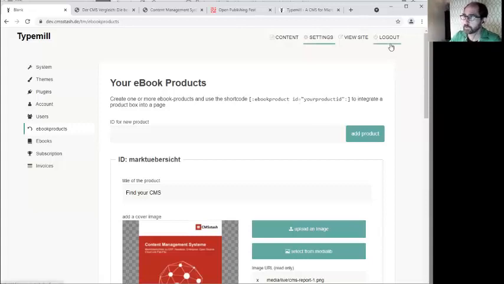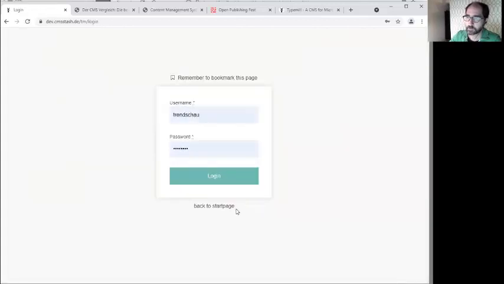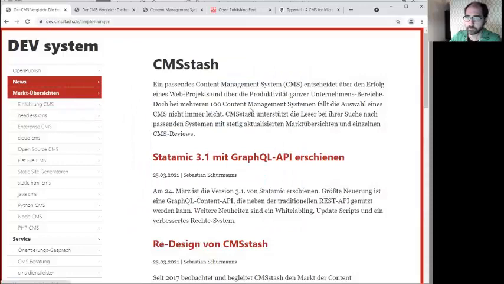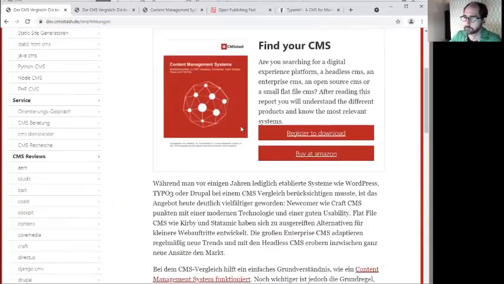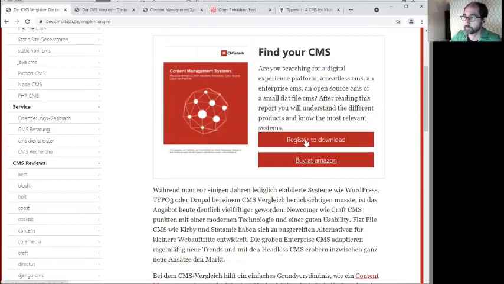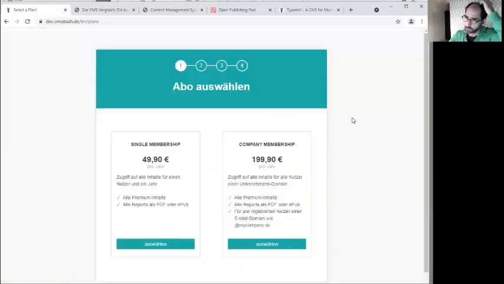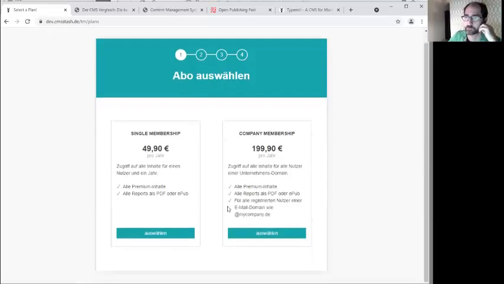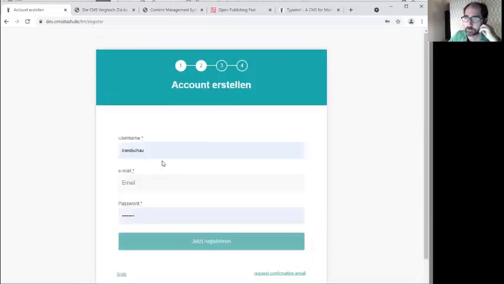Okay, let's try it. I will log out. Go to the page again, go to my ebook downloads. And now it still says register, but the correct would be select a plan. I click on it, and I'm redirected now to the plan selection. I have 2 plans here: single membership, company membership. Let's choose the single membership. Let's name it CMS-